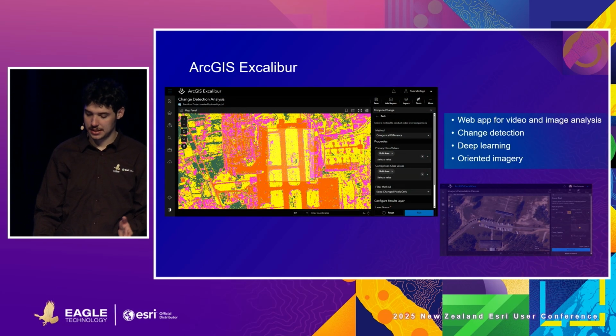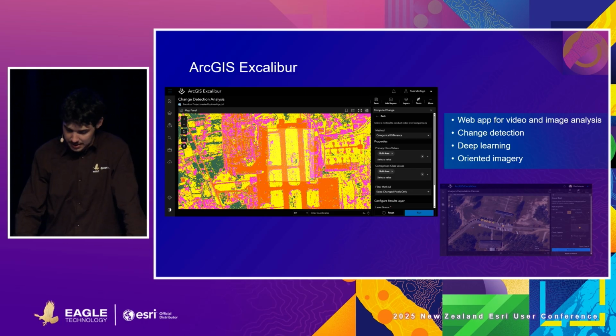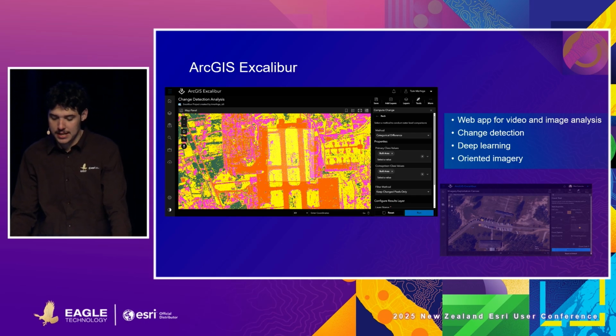Okay, so ArcGIS Excalibur has come to ArcGIS Online, if you remember me discussing that in the plenary. This is a great app for all of your imagery analysis needs, and of course it has its deep learning toolbox for you to pull in and run. You can run any pre-trained deep learning model in this app, not just the Living Atlas, but Esri and Eagle Technology ones as well, and your own trained models, which is where it differs from the GeoAI functionality